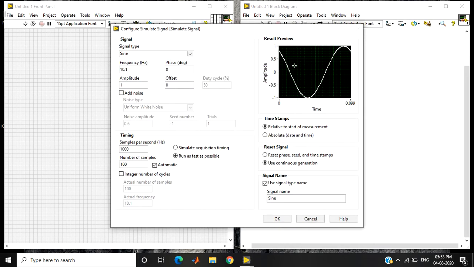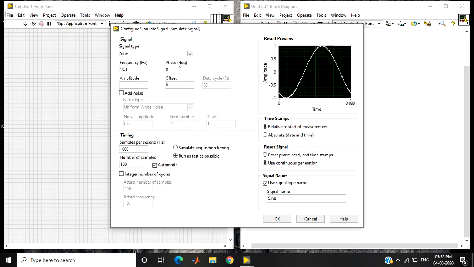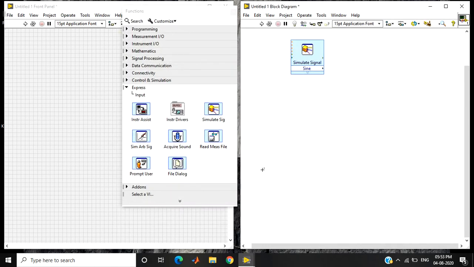Once you place the simulate signal block, you can see the property screen opening. In this you have options like signal type: sine, square, triangle, sawtooth or DC. Then you have other properties like frequency, amplitude, phase and so on. We are not going to make any major changes, so I am now clicking on OK.